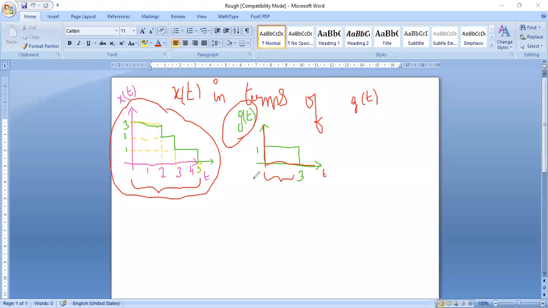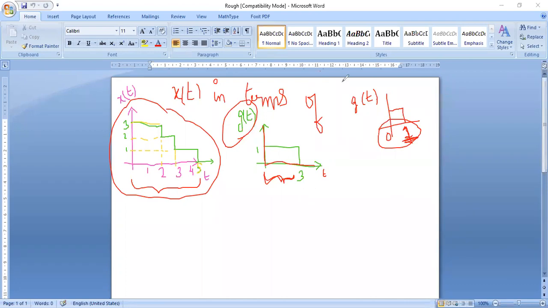So before I perform the scaling, let me try to reduce this g of t into the basic or standard value of t. The basic or standard value of t means my diagram should have the standard graph, that means from 0 to 1. If I get my g of t in terms of the standard time interval, then I can easily get x of t in terms of g of t. In the given diagram, my g of t is from 1 to 3. So let me convert my g of t into the standard value of time, which is 0 to 1.